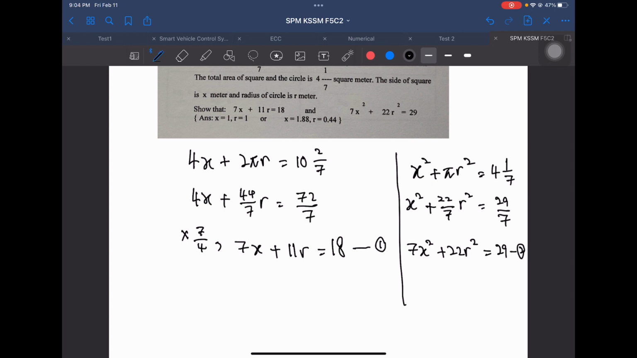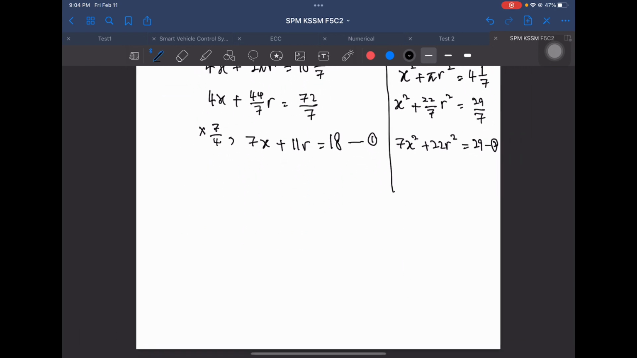Okay, so now things are getting easier. You just make x in terms of r. So you got 7x equals 18 minus 11r, x equals 18 minus 11r over 7. So sub this into the second equation. So you got,